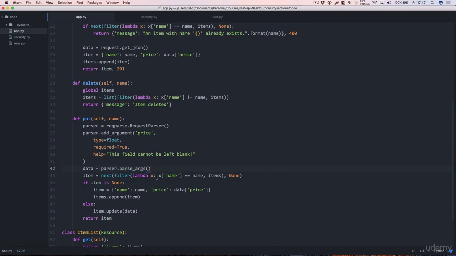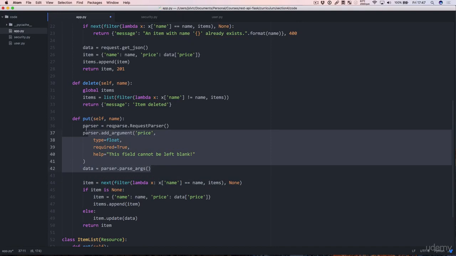Okay, that's everything for request parsing. Now I would encourage you to also do this in your other endpoints where you want to make sure that the price is passed in and there's nothing else passed in. For example,